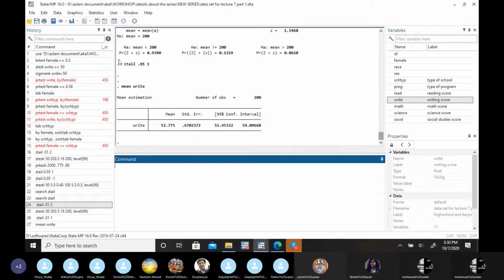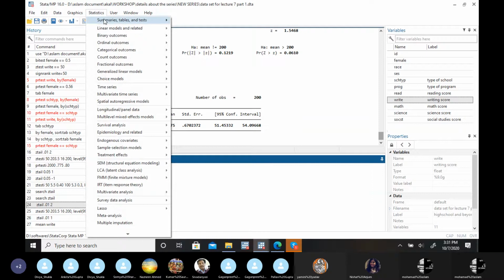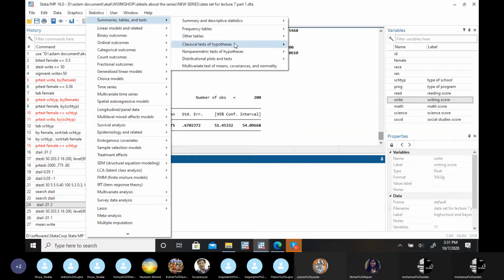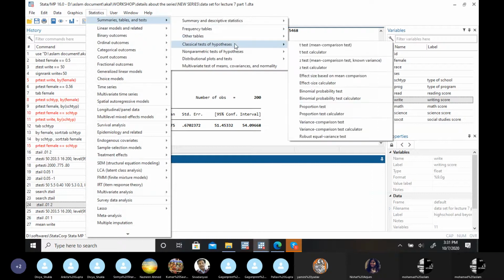Now you don't need to do it with the critical value, meaning the test of significance, where first you have the critical value and Z statistics or the confidence interval. Just go to the statistics summary, classical test of hypothesis. Today all the exercises you will do with the classical test of hypothesis. So just keep in mind that whatever we do today, we'll do within a classical test of hypothesis.